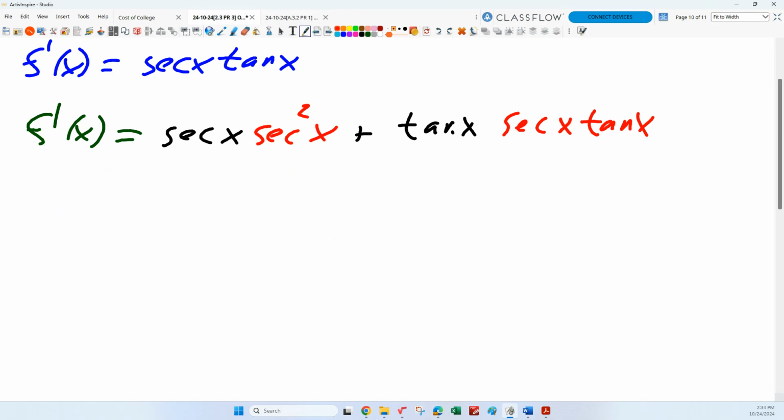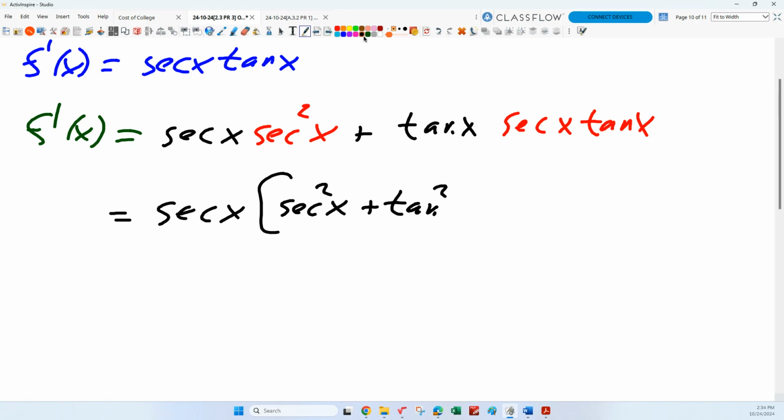What could I do? Well, okay, yeah, but could I factor anything out? Yeah, I could factor out. You're right. So, but I could do this, right? I could take out secant x, and what's left behind? Okay, so now if we were doing something with this trig function, if we were going to do some algebra